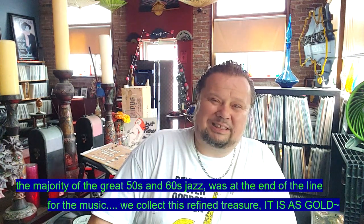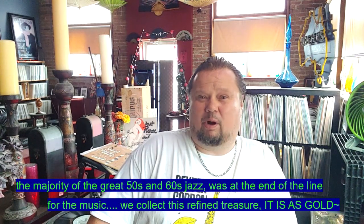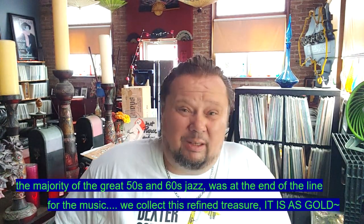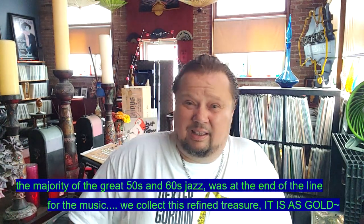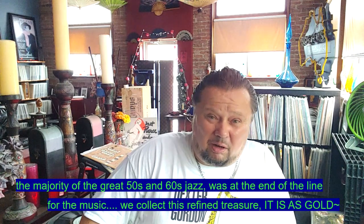So it's the same kind of thing where we look back and think all these guys were the giants of hip hop. Run DMC was the first group that really started selling hip hop in any significant numbers because of the Aerosmith crossover. Before that, hip hop was selling real minimal regional numbers on regional labels, which is how almost every new thing comes about. But again, the black jazz music of this era that we so cherish today, we've kind of gotten to a point where we've refined and chiseled the diamond